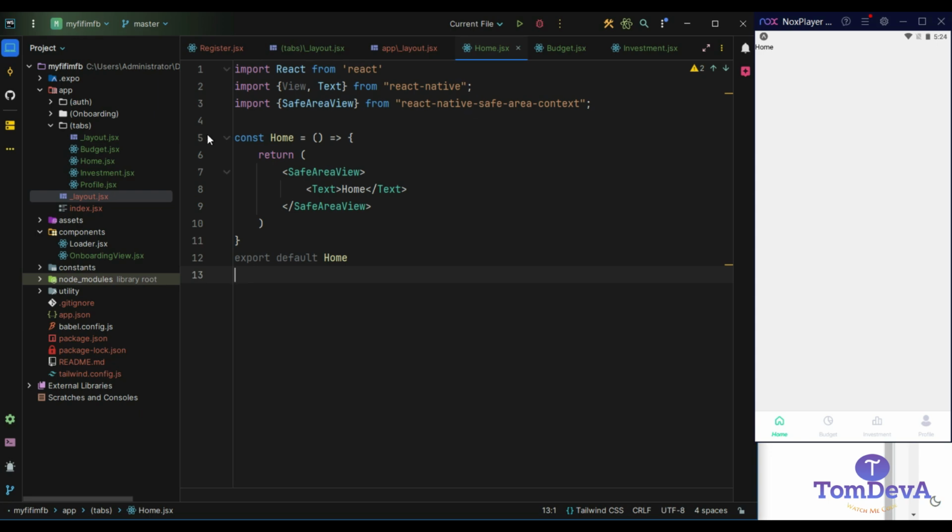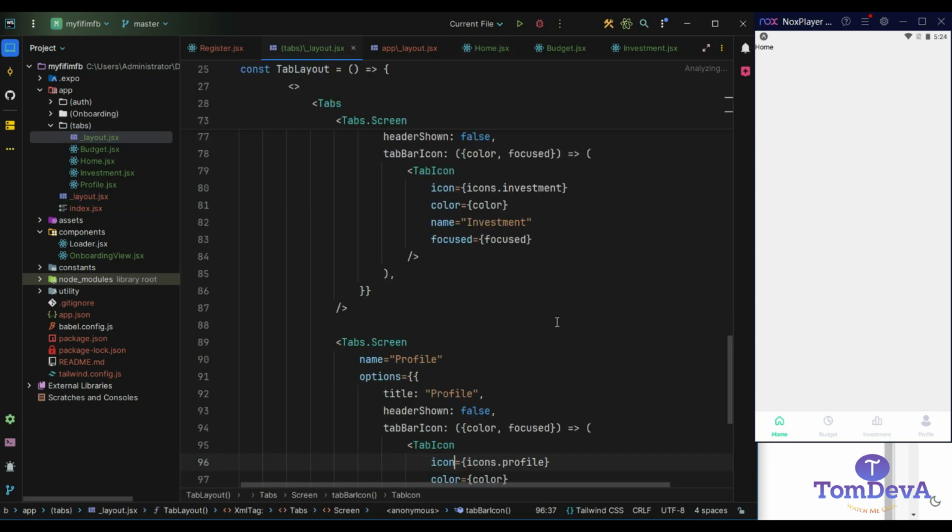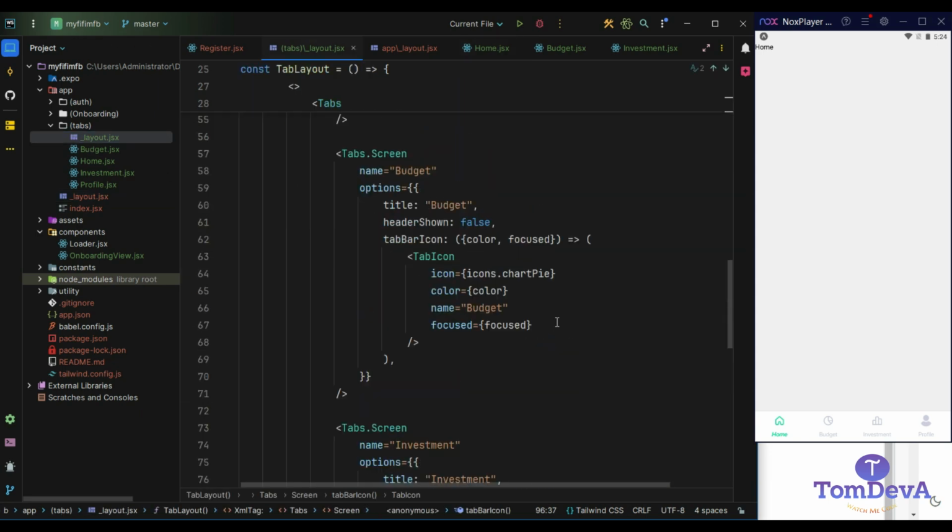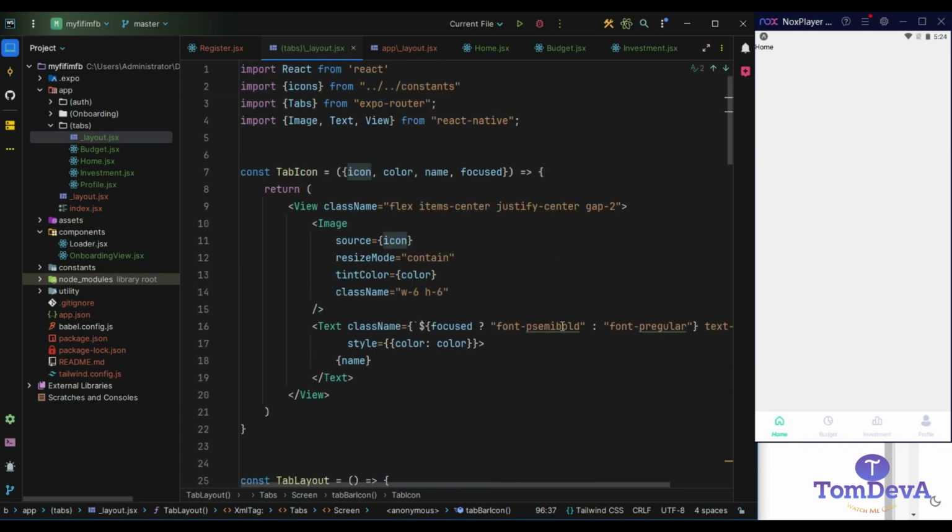Head back to our tab layout, and in our tab layout we should change this semi-bold to just bold, so that the text on our tabs will be bold instead of semi-bold. I think I prefer it like this. So if you have made that change, let's move on with